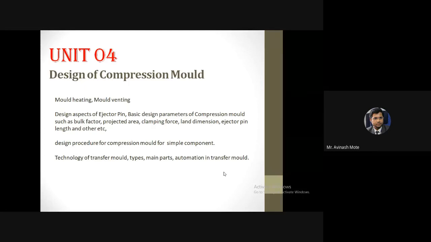We are going to see these three basic molding processes from the designing point of view. And even from the designing point of view, we don't have such a complicated design process.